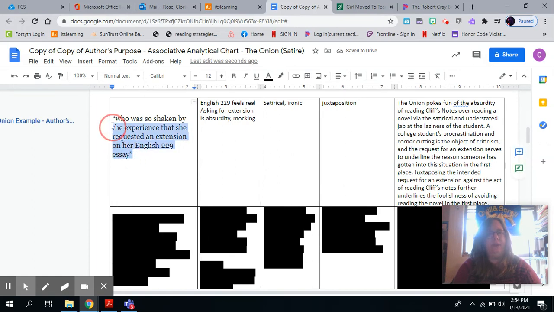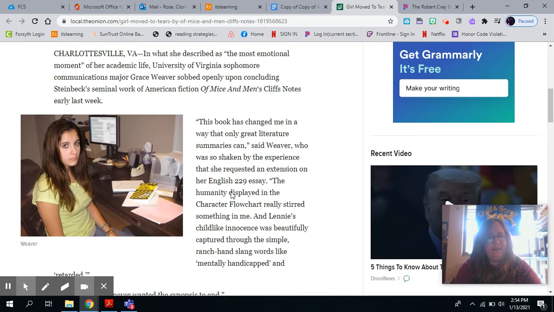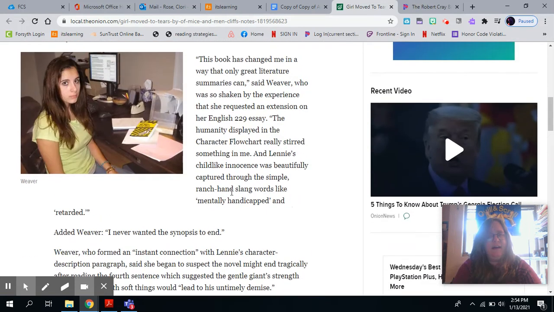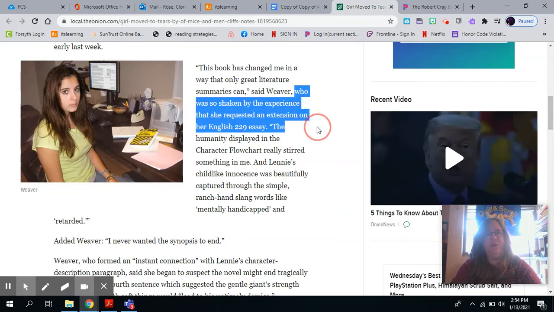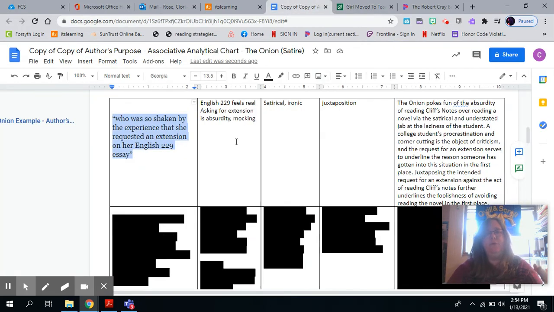So, as we move further, what do we say in this next paragraph? "This book has changed me in a way that only great literature summaries can," said Weaver, who was so shaken by the experience that she requested an extension on her English 229 essay. Okay. So, if we just describe the surface features, what do we have? English 229, that feels like a real course number. Now, the asking for the extension is what pulls it into absurdity and mocking, and we'll talk about that